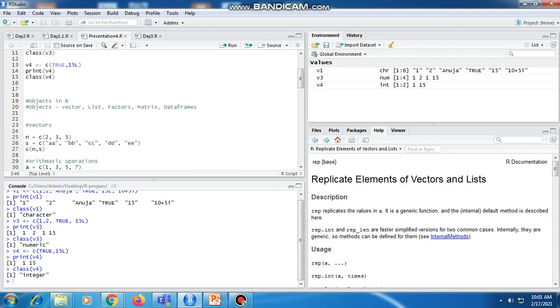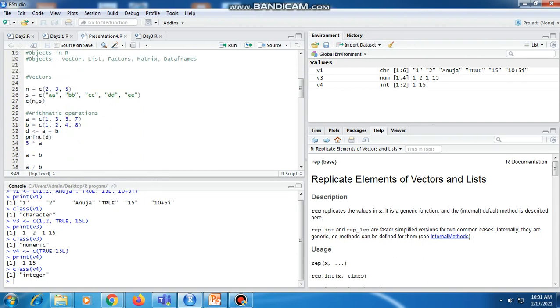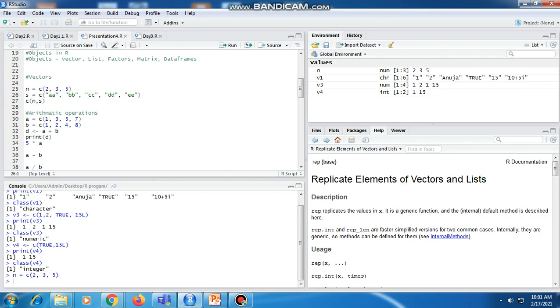Now we'll see different objects in R. First of all we'll see vectors. To assign a vector to one variable, we use the function c in R and assign values 2, 3, 5 to variable n. Executing this, n equals c of 2, 3, 5, and s equals c of a, b, c, like this.